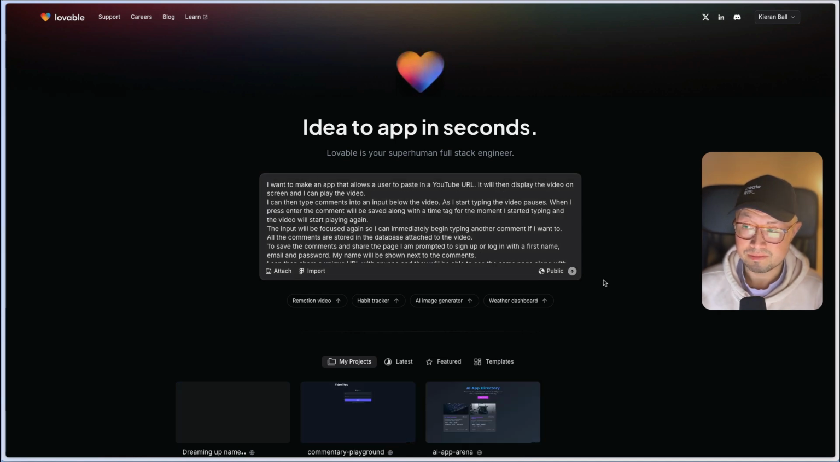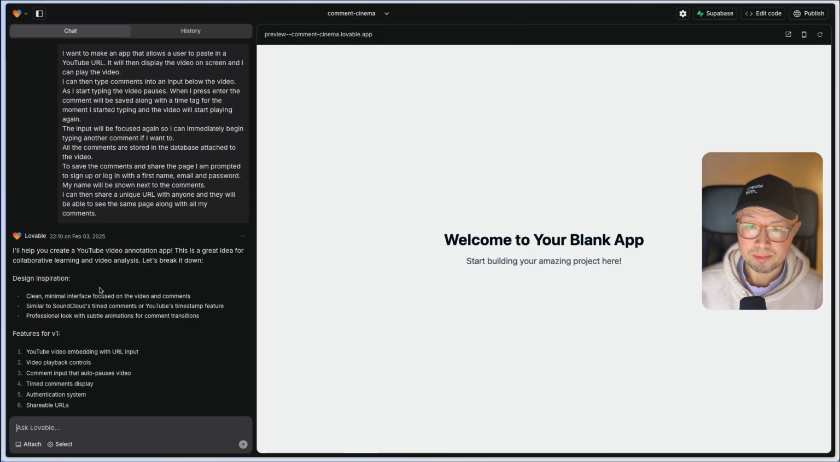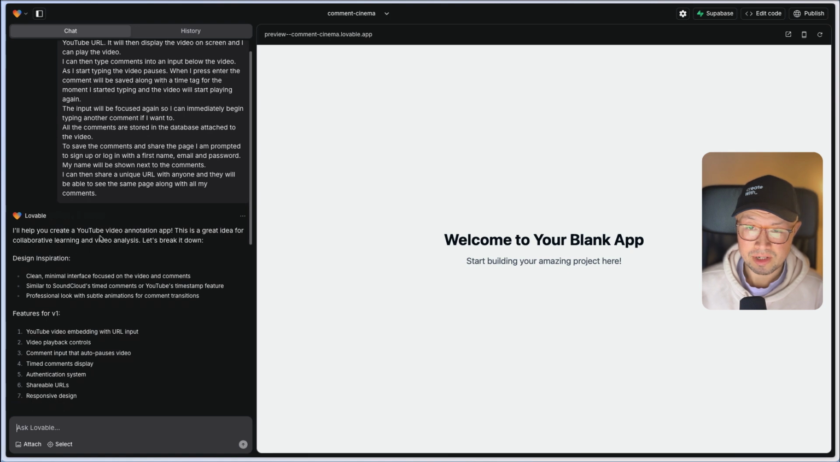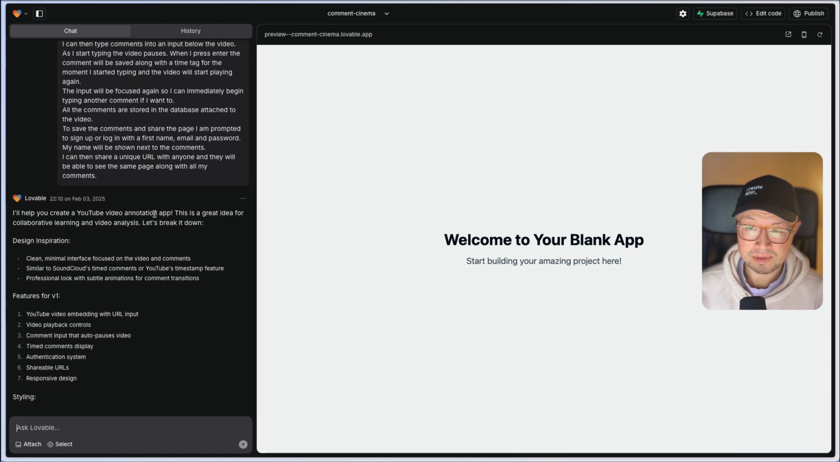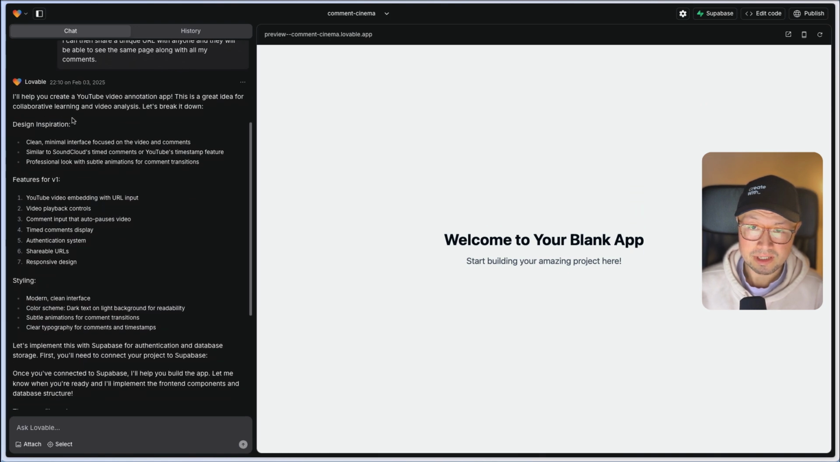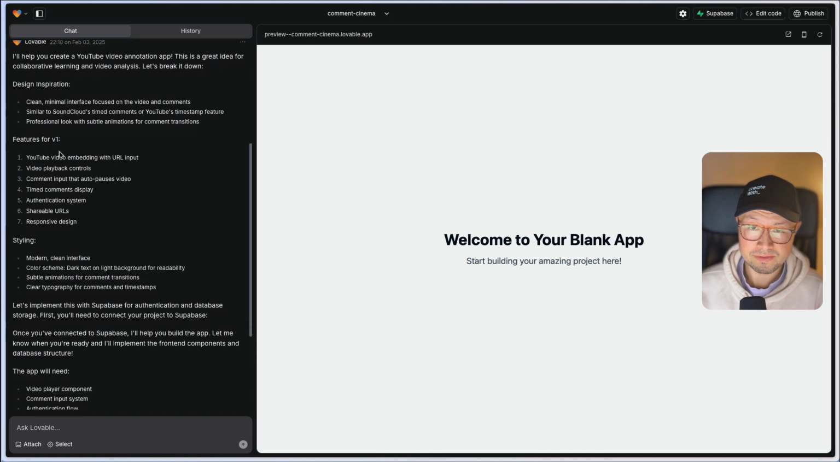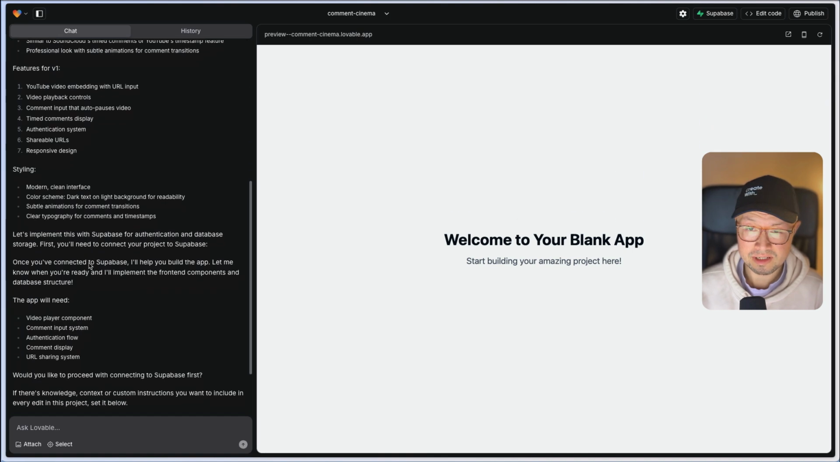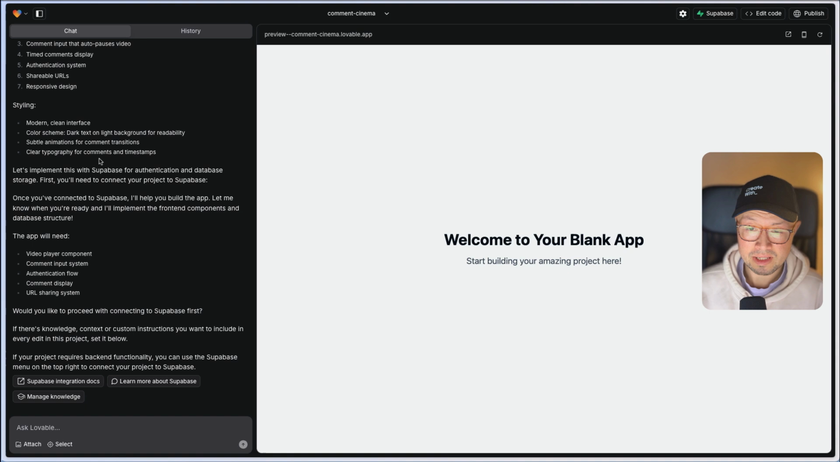Let's see what happens. So Lovable responded with, "I'll help you create a YouTube video annotation app." It's a great idea. Thank you very much, Lovable. Then it goes through, breaks down the different features that it's going to need and the styling that it's come up with. And then, instead of building a UI for the app, which is sometimes what it does, because I mentioned authentication and that I need a database, it said, let's connect to Supabase